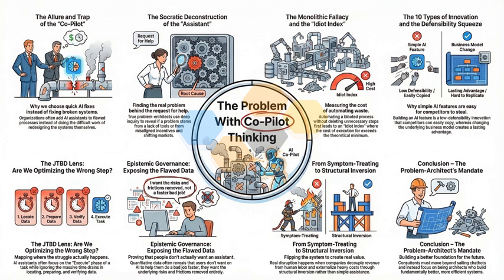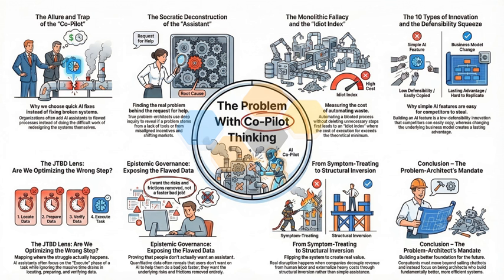Walk into any enterprise boardroom today, and you will hear the exact same demand. We need an AI copilot. Workflows are breaking down under the weight of bloated legacy software, and executives want a sleek, conversational assistant to help employees survive the chaos. This reflex is a byproduct of the corporate additive bias. When faced with a severely flawed process, the instinct is to layer a new tool on top of it, rather than doing the difficult work of fixing the root cause.